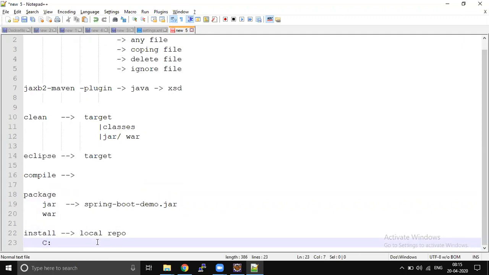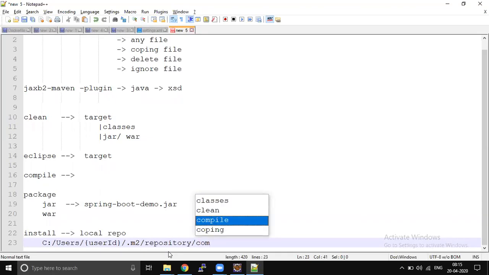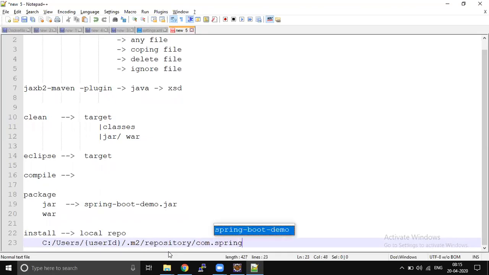If you are working on a Windows system, it is Users, then your user ID, which is dynamic and will change from system to system, then .m2/repository. This is the local repository. After that, whatever group ID you have given, for example Spring Boot .msk, for each dot separation a new folder will be created: one folder Spring, another folder Boot, another folder MSK.